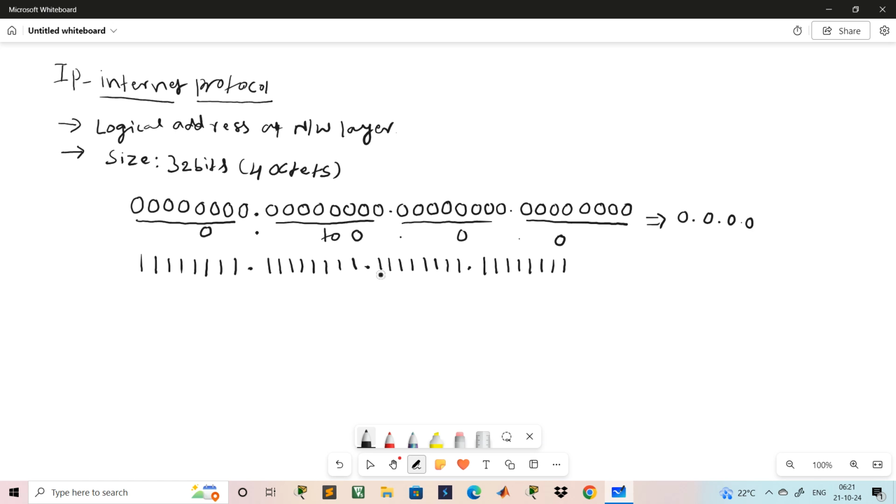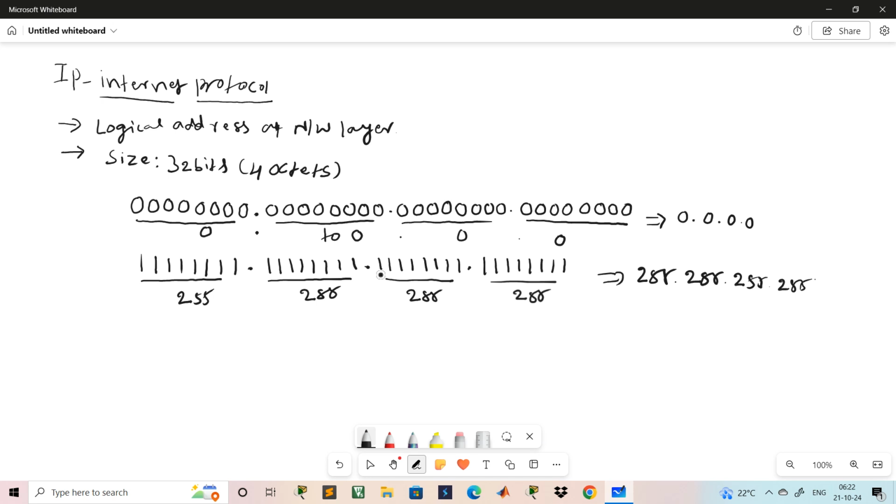And this will be 255. And this will be 255. And this will be 255. This will be 255. So the decimal notation will be 255.255.255.255. So many IPs are available in between, and which IP is to be used for the